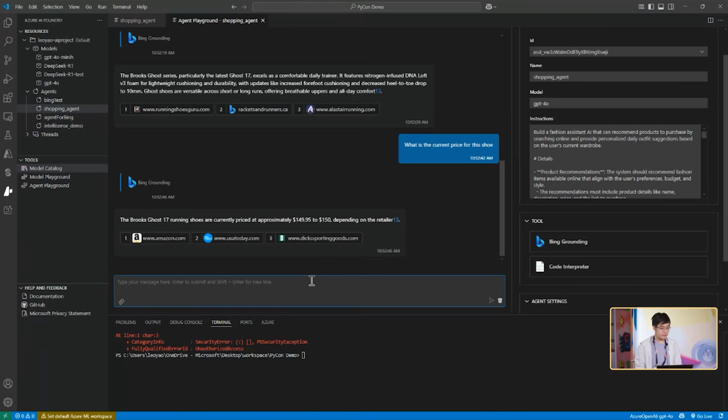So let's see if we can do that. Search online for the average temperature of Pittsburgh for each month and